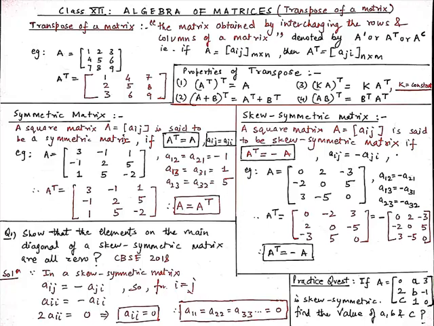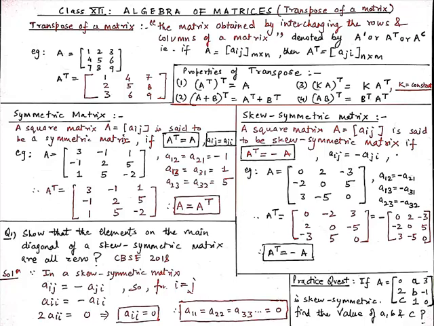Now we will see what is symmetric matrix. So it is a square matrix in which A transpose is equal to A, or aij is equal to aji. Let's say I have taken a matrix A which is 3 minus 1 1, minus 1 2 5, 1 5 minus 2. Now in symmetric matrix this a12 element, which is minus 1, is equal to a21. So a12 is equal to a21 which is minus 1. Similarly a13 will always be equal to a31. Let's say it is 1, and a23 is equal to a32 which is 5.